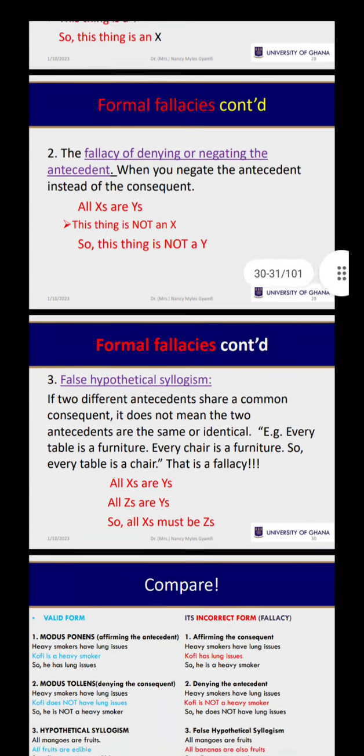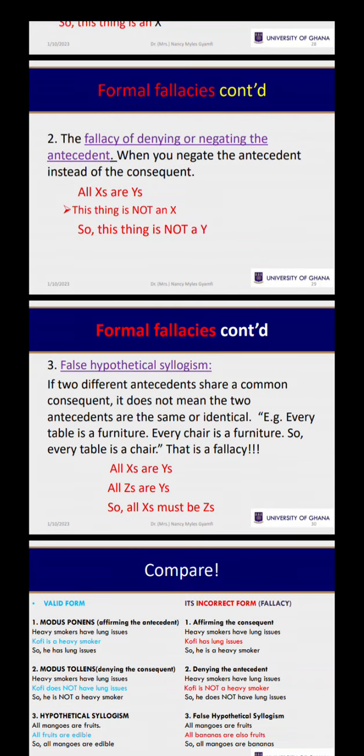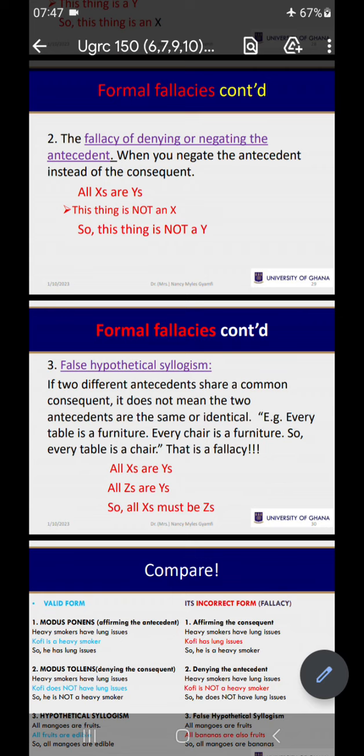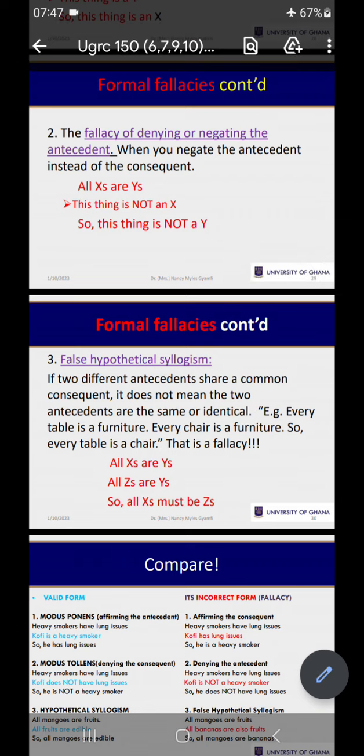Now let's look at the next topic. That is the fallacy of denying or negating the antecedent. The modus tollens. I explained to you that modus tollens is denying the consequent. So the fallacy is the other way around. Instead of denying or negating the consequent, if you go and negate, I told you what universal negation is. So when you go and negate or deny the antecedent instead, it becomes